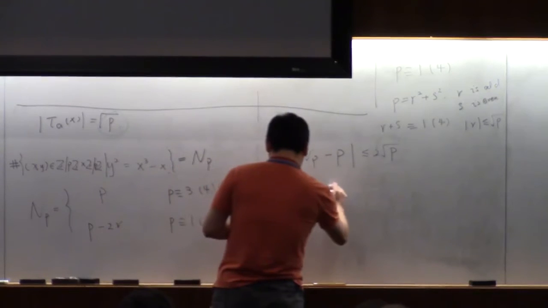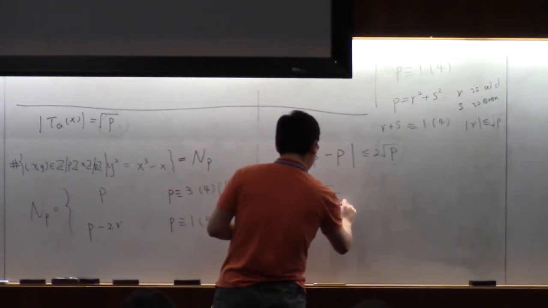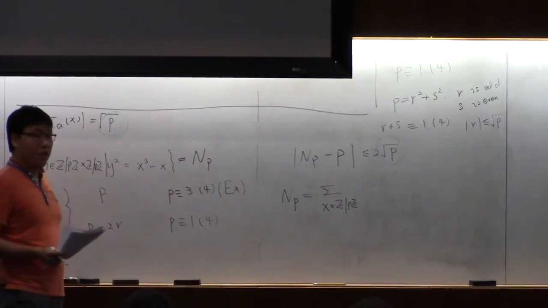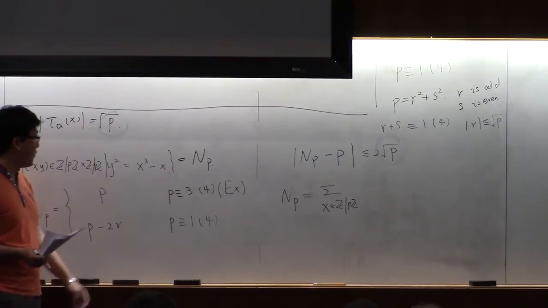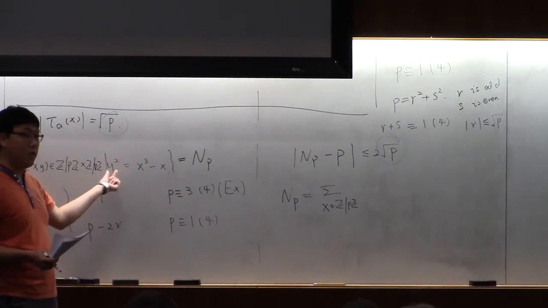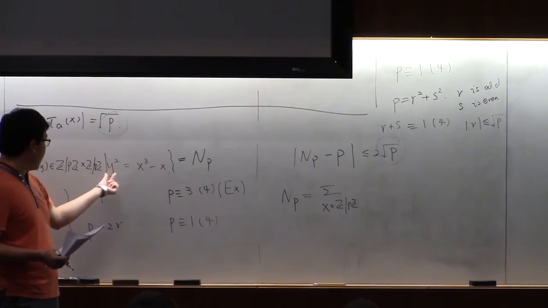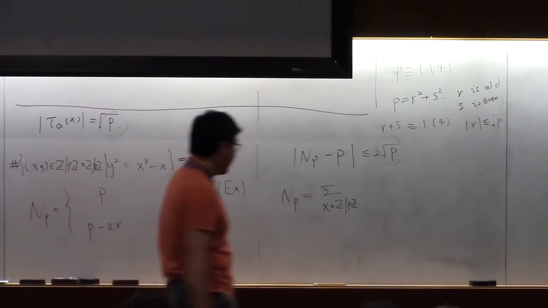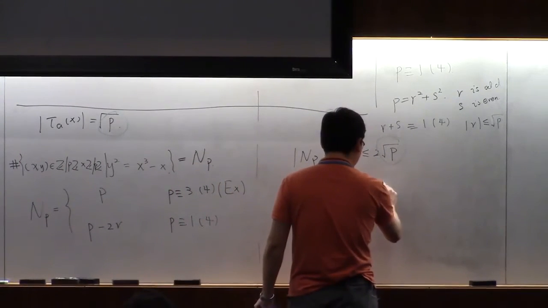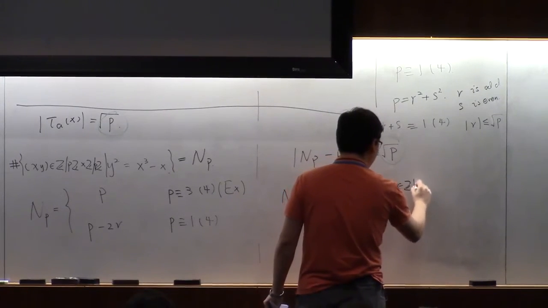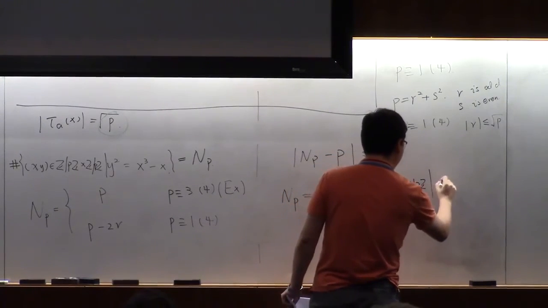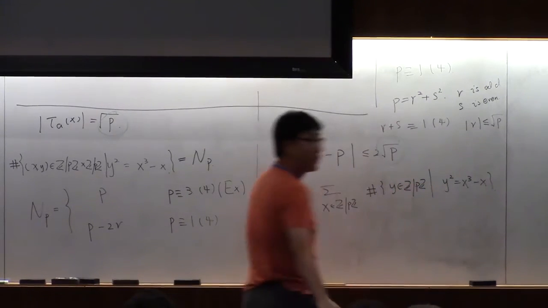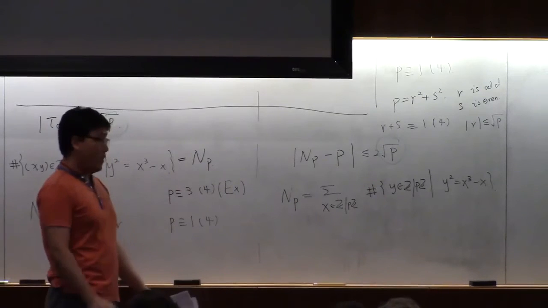You can first fix the value of z, and then try to find the number of y's such that the square of y equals this fixed number. Then, if you want to simplify this sum,